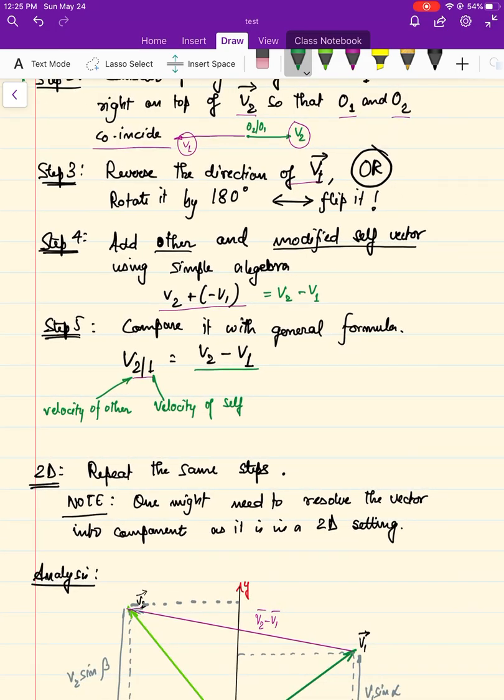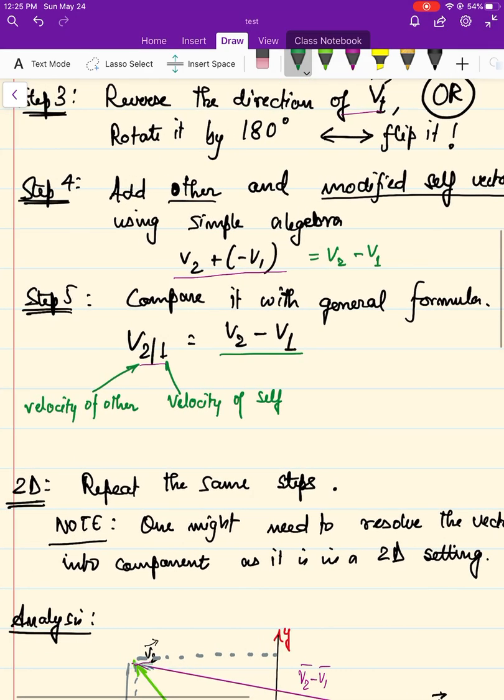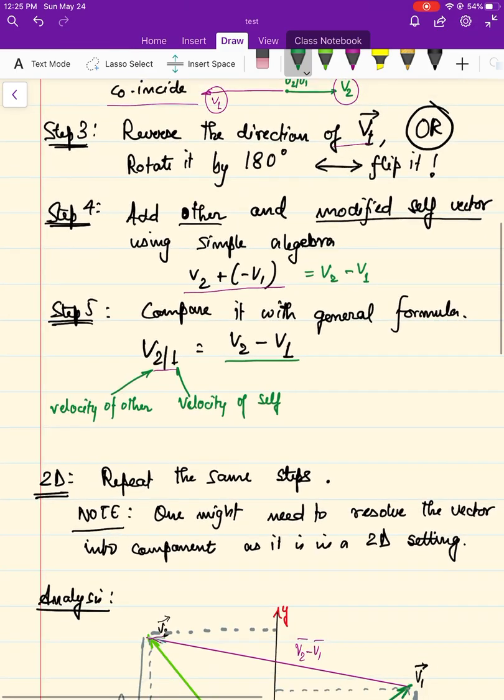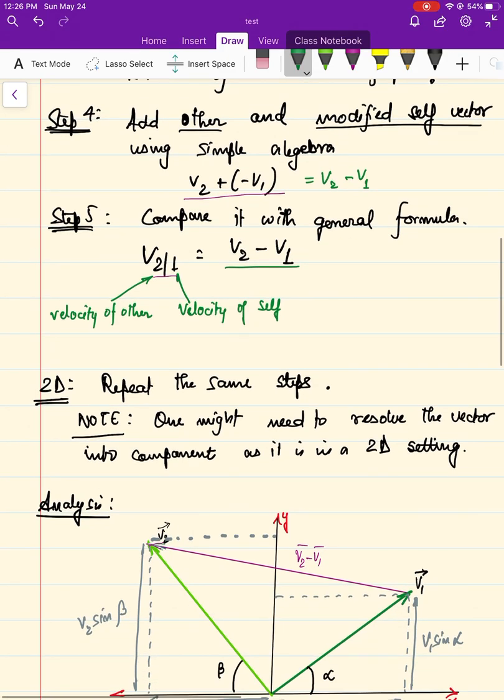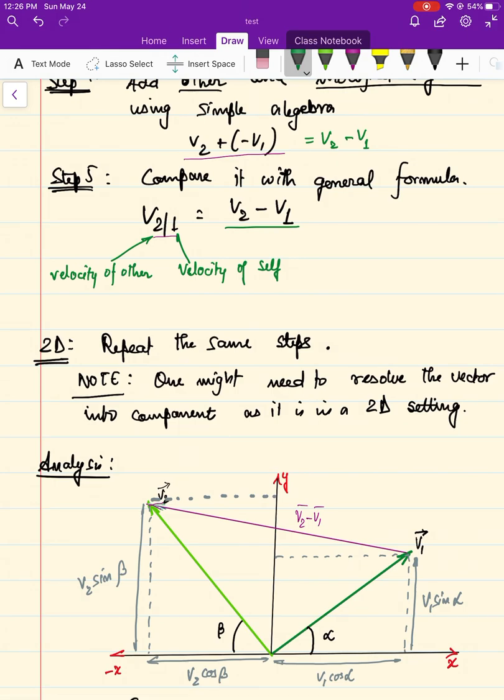To get a better understanding of how this formula arrives, I gave you a physical picture of how you can visualize any problem if you are in one dimension with respect to the velocity you're considering. And this is the magnitude essentially. This is the magnitude which you will get, and the direction, well, if you get a negative sign,